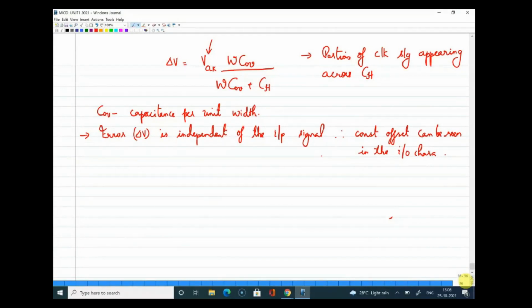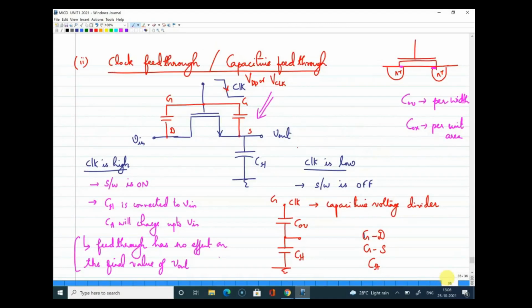Usually one thing you observe is that it has more dependence on the hold capacitance value. So we'll see in a practical simulation, when you use two different hold capacitance values, how the clock feed-through mechanism is getting reduced, right? So this is what you should understand about the clock feed-through mechanism, which also contributes in the hold phase of a sampling switch, right?